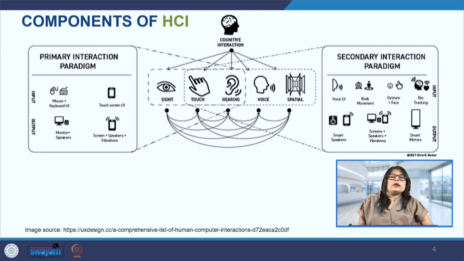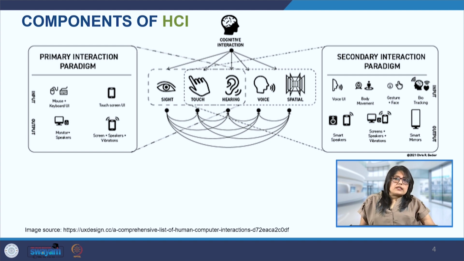Now, the secondary paradigms of HCI are more specialized, or we can say auxiliary, methods that complement the primary interaction paradigms that we just discussed. These are typically used to enhance or extend the functionality of the primary interaction methods, and they provide users with additional ways to interact with systems.